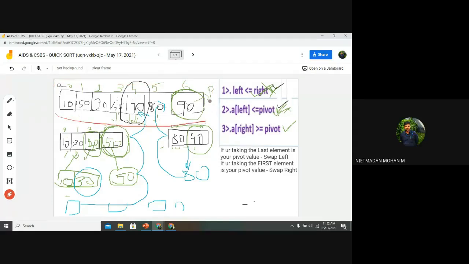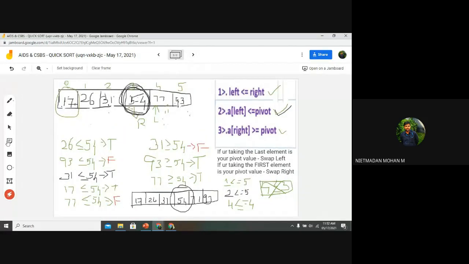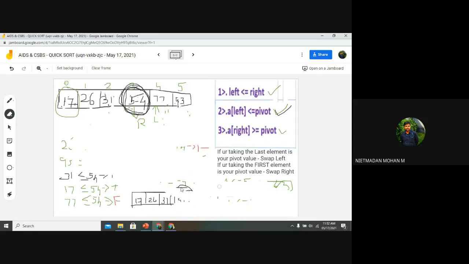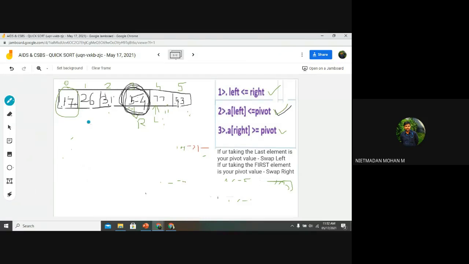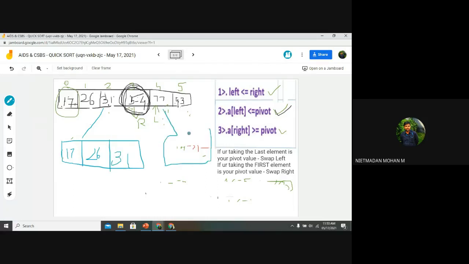Yes, sir. So now you can see here, for this, what will happen, how the swapping works. Now this will be split into two parts: one is 17, 26 and 31, and the other part is 77 and 93, right?